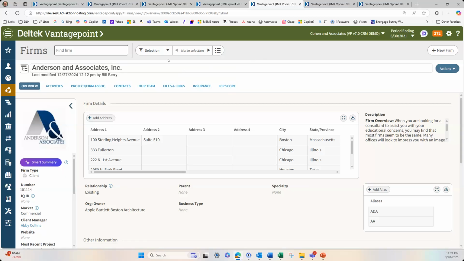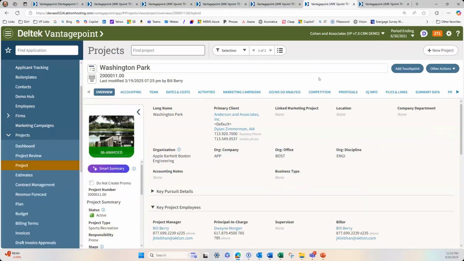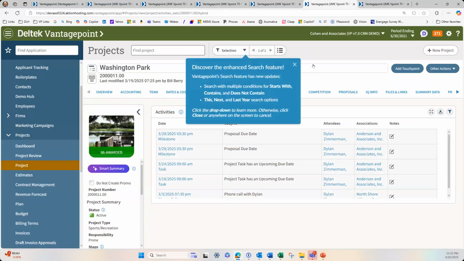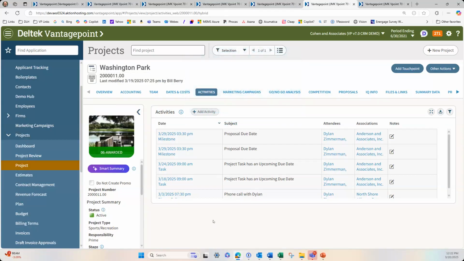Activities was an area that I would say Vision may not have used as much, but again, it's definitely an area that's being used significantly within Vantagepoint. I've had a number of firms that were using other third-party CRM systems and are now looking to move off of that into Vantagepoint, mainly because of things like the activities, but also the strengthened dashboards that were really not available in Vision, but can be significantly built out now within Vantagepoint and shared across the company, both as more of that full